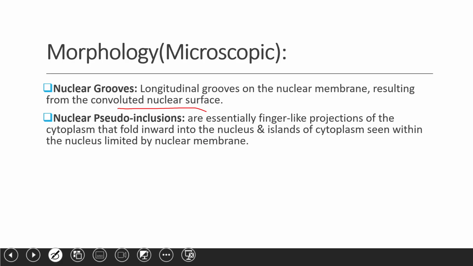What happens is that this is a cell, and centrally there is a nucleus, and if the cytoplasm gets invaginated into the nucleus and later is surrounded by the nuclear membrane, this nuclear bound cytoplasm present in the nucleus forms finger-like projections of the cytoplasm that fold inward into the nucleus. This is called an island of cytoplasm seen within the nucleus that is limited